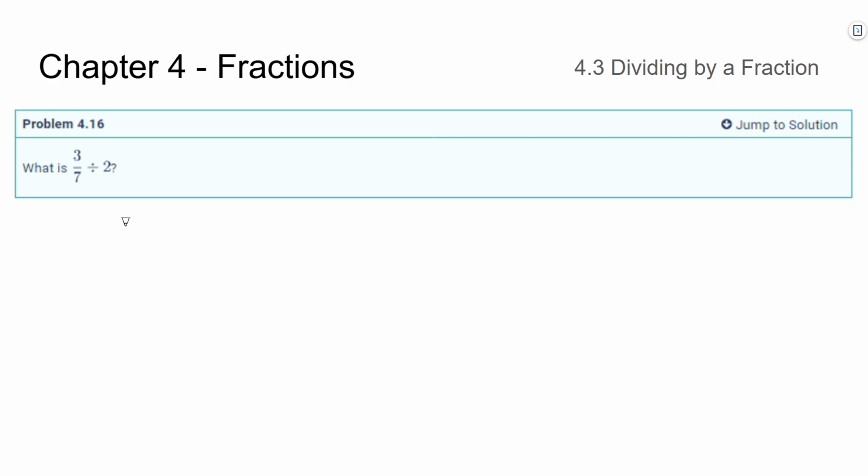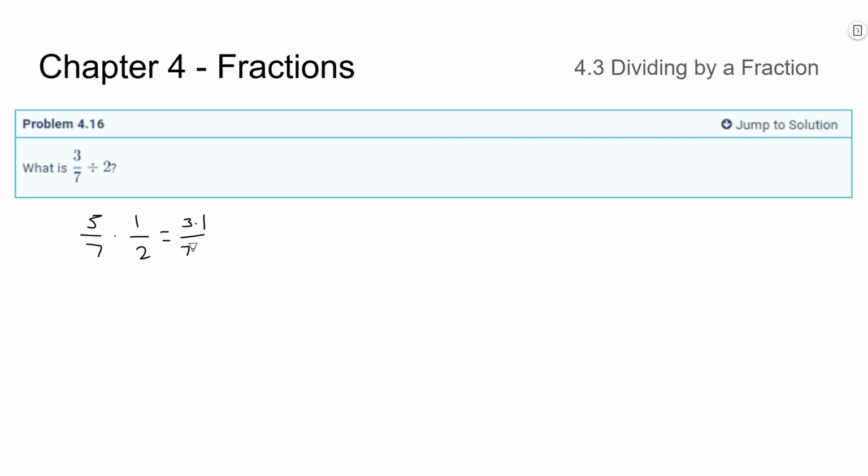So what's 3/7 divided by 2? Well, remember back from chapter 1 that division is just multiplication of a reciprocal. So 3/7, we'll change the division to multiplication. So times, instead of 2, the reciprocal of 2 would be 1/2. And what we learned from last section is now we can just multiply across. So it'll be 3 times 1